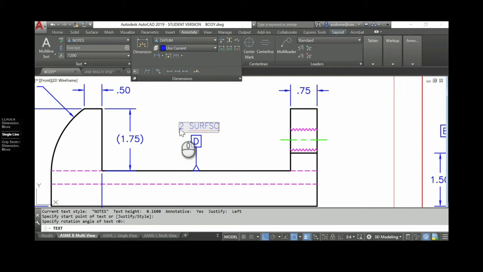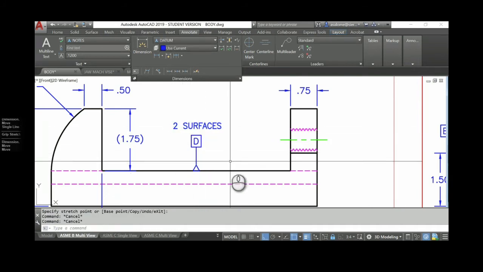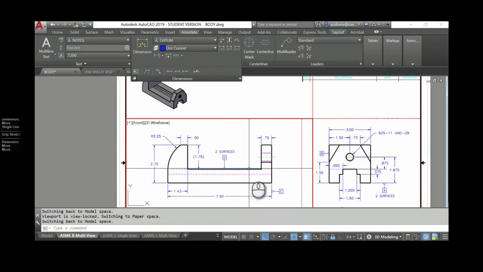Whoops. Okay, and I tried to kind of center that. Okay, so that was task number 1.